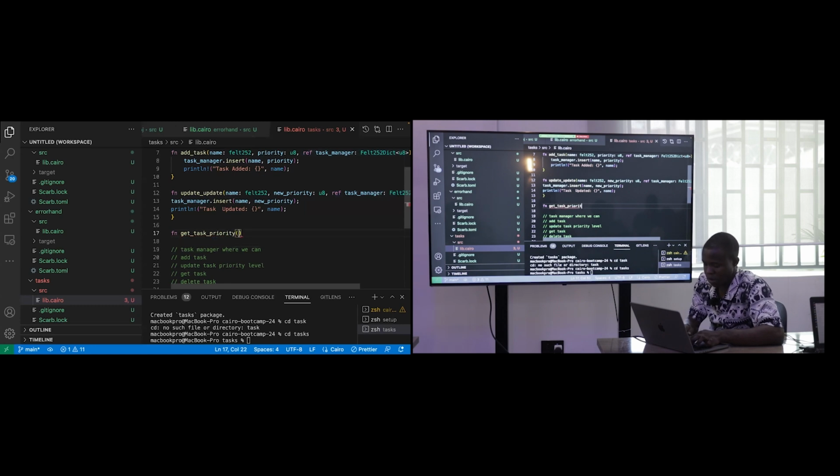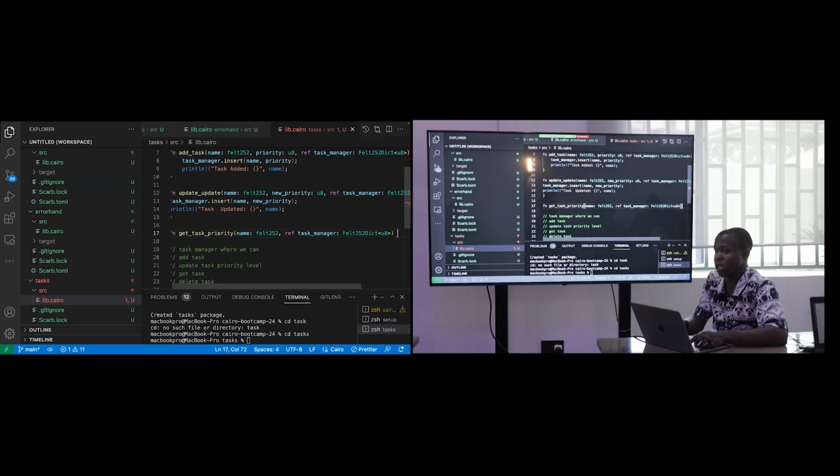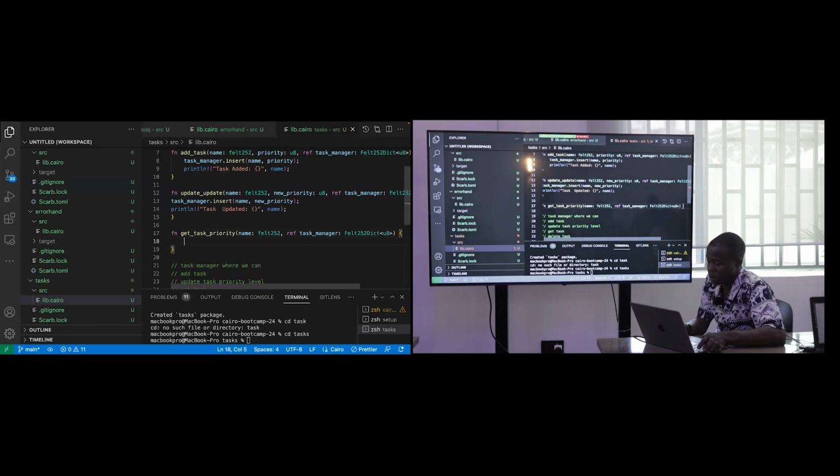And what does it do? Accept the name, FL252, and reference the tax manager. And in this case, we want to